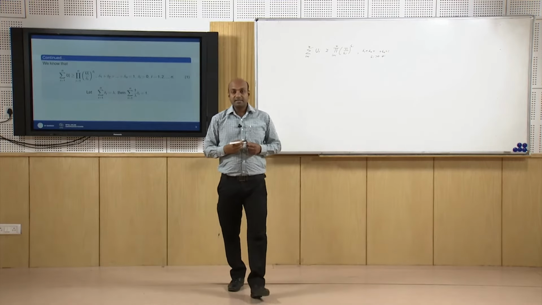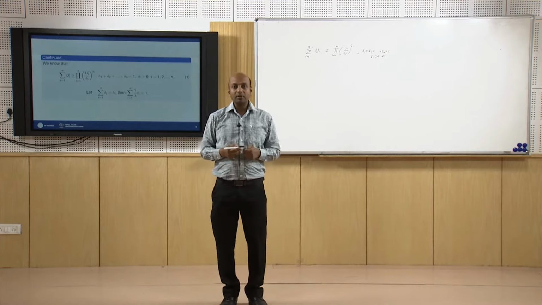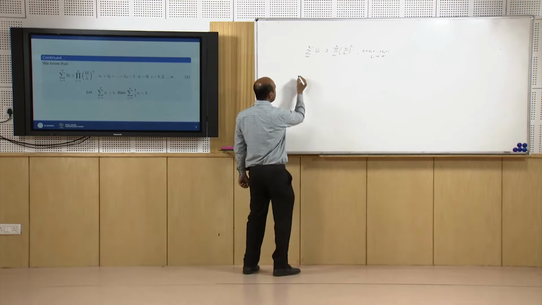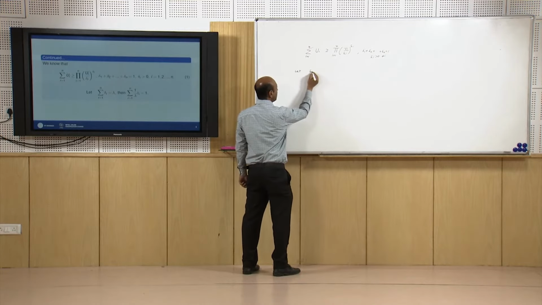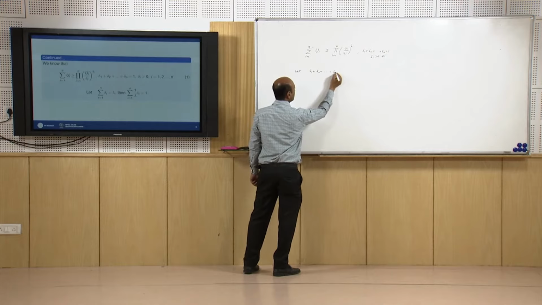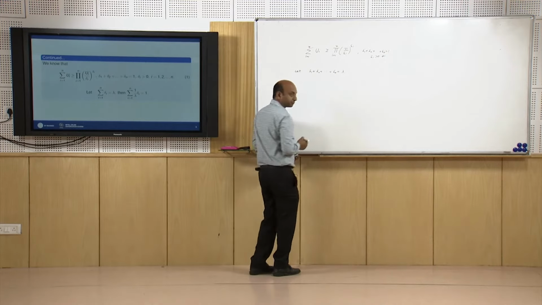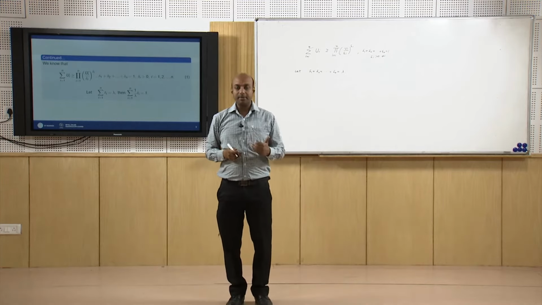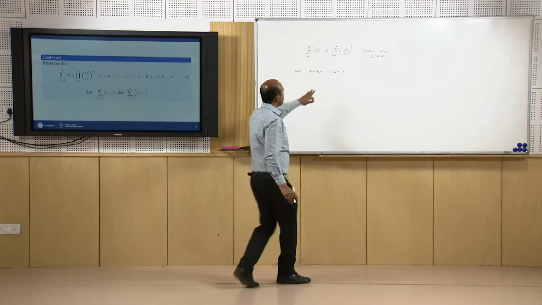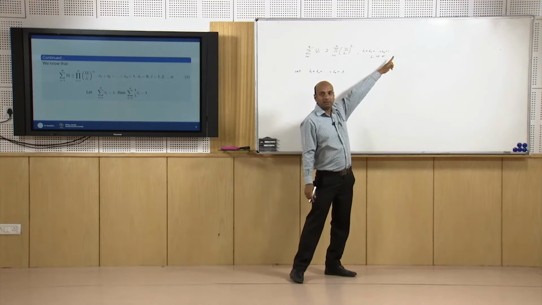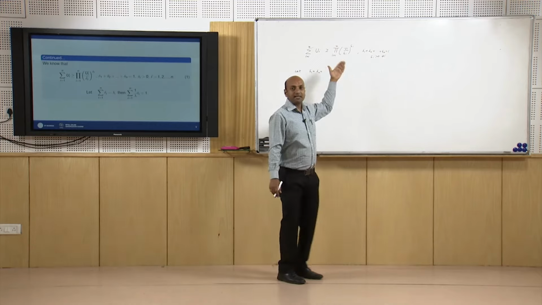Now if the sum of delta is not 1, suppose it is some lambda, how can we apply this inequality there? Suppose the sum of delta_i is some lambda. Of course we can't apply this inequality as such, because it is valid only when the sum of delta is 1. So how can we apply this inequality?